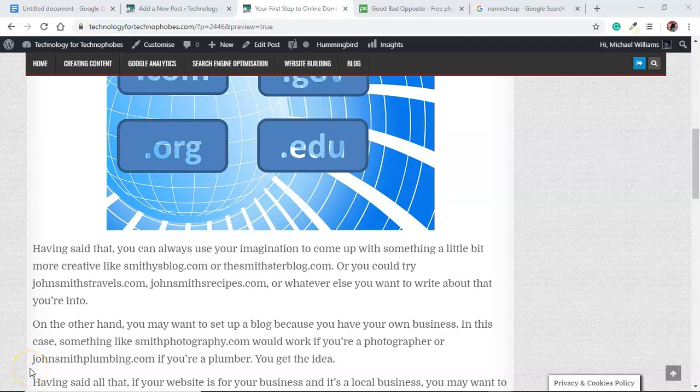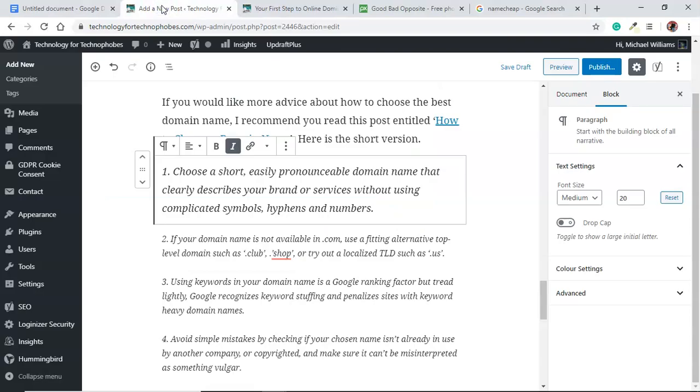Okay, welcome back to the second part of this publishing your first blog post video. So we did the one before, which was just about putting the actual information into the post and the images and that kind of thing. Now, what I want to show you next is, as you can see, I haven't done anything while you've been away. What I want to show you next is the